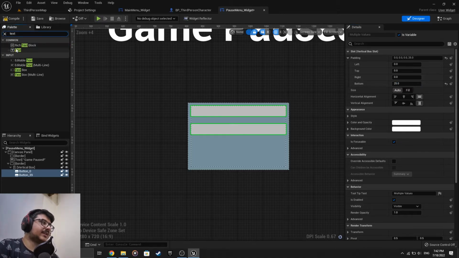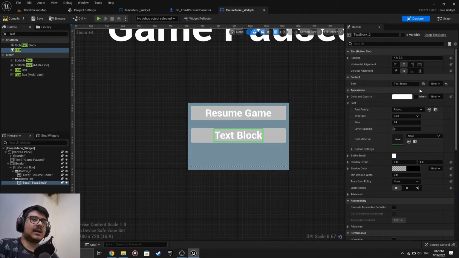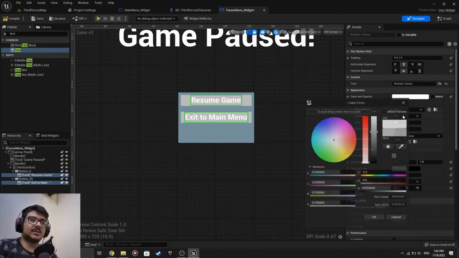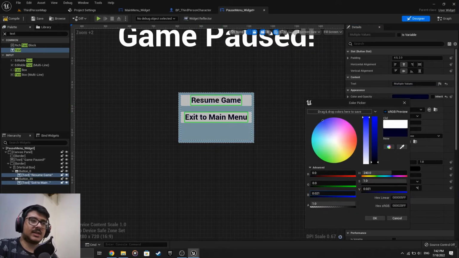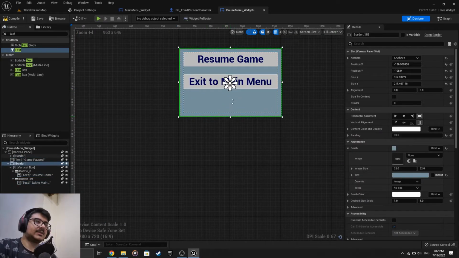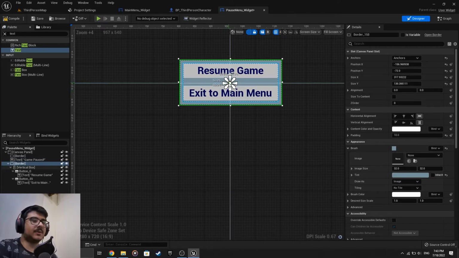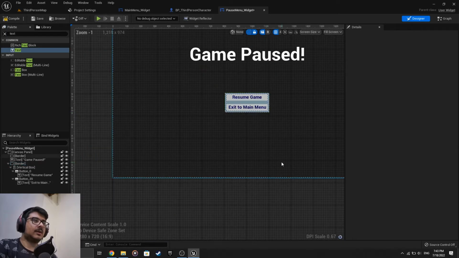Now we add a text block inside each button. The first button is resume. Resume game, actually, is better. Like this. Resume game. And we do exit to main menu. We color this slightly black with a slight tint of blue color, like this. We're gonna do the same thing as before. And now let's reduce the size like this and move it down so that we can center it properly. Now you have this,